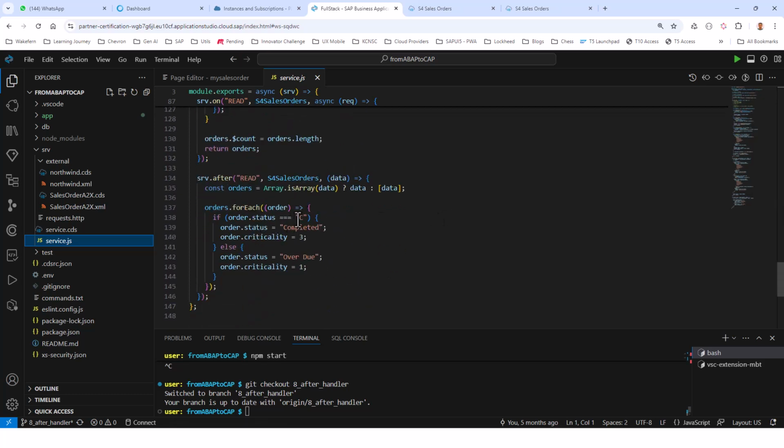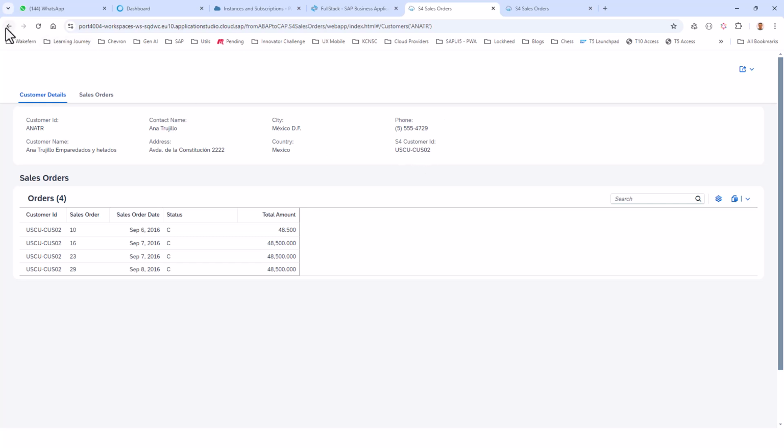Yes, so if the status equals C, then instead of just showing C, I'm going to show it as completed with a criticality of 3. And otherwise, I say it is overdue with a criticality of 1. So this is my after handler that I've added right here. So now what I can do is go ahead and